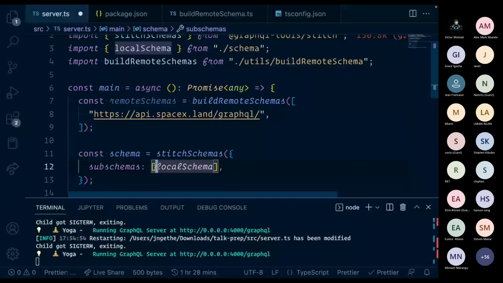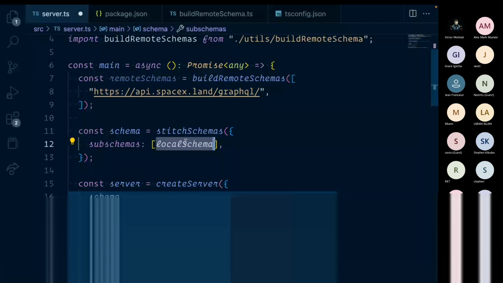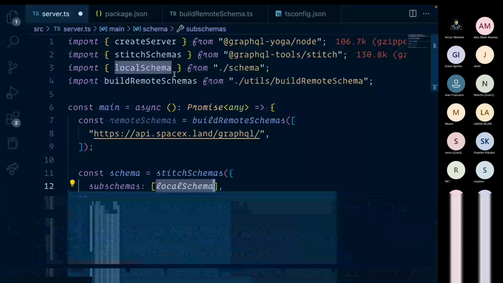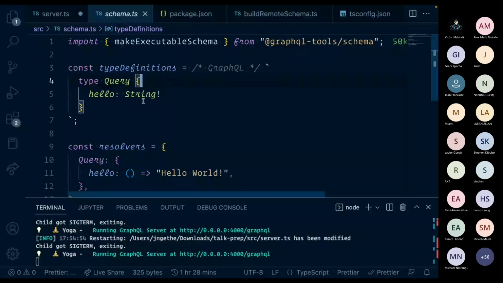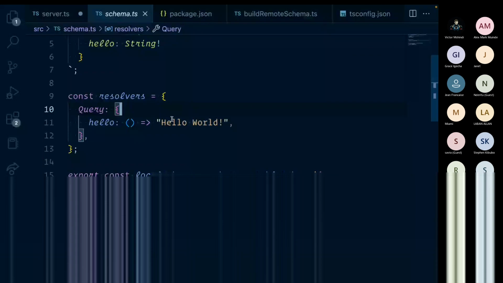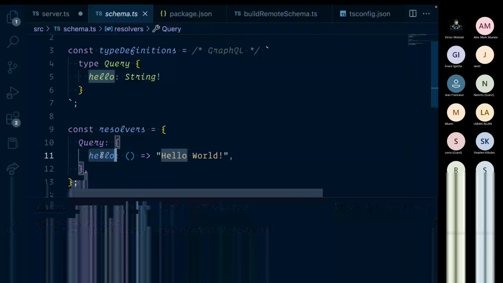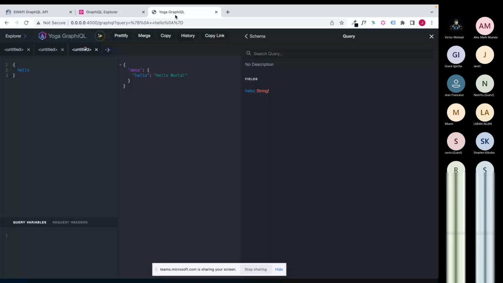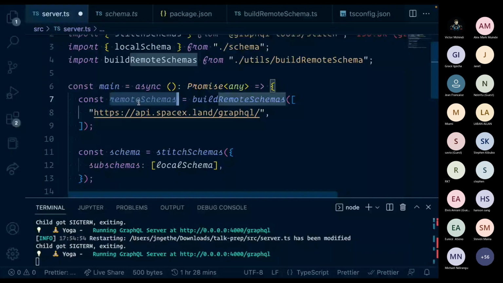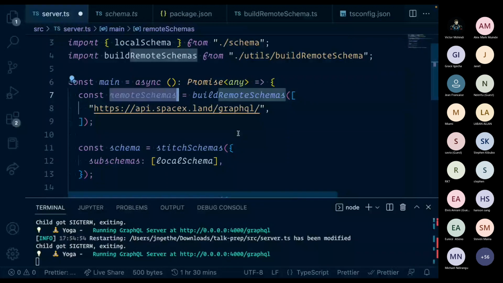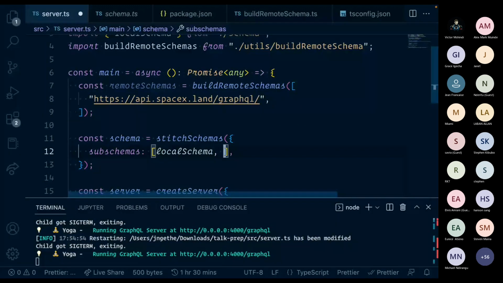Here we are passing the local schema, and the local schema is the example that we looked at. I'm just defining a hello string, and the resolver, remember I talked about it, doesn't care where you get your data from, as long as this function returns the data. Here, I'm going to add this onto this schema. So here I'm going to merge this.